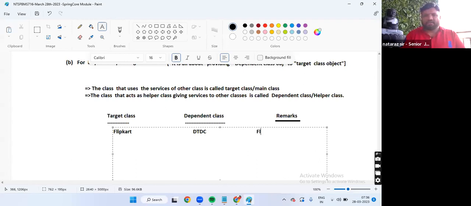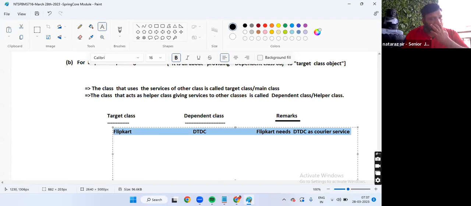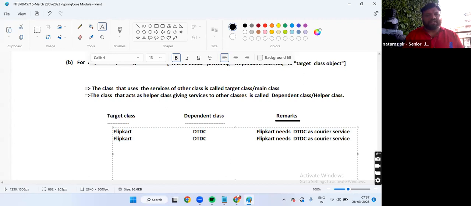Tell me guys, Flipkart uses TTDC. Uses what? We say needs. Needs TTDC as a courier service. Happy, boss? Right. Okay, guys. Next. Newcomers, don't panic. At the end of the session, I will give the backup readings.